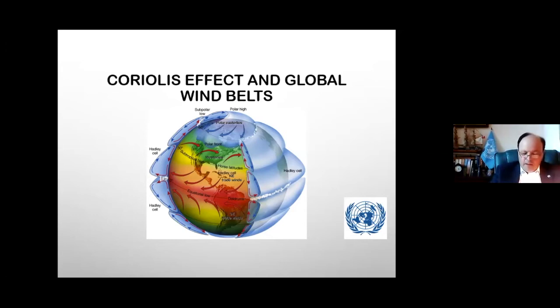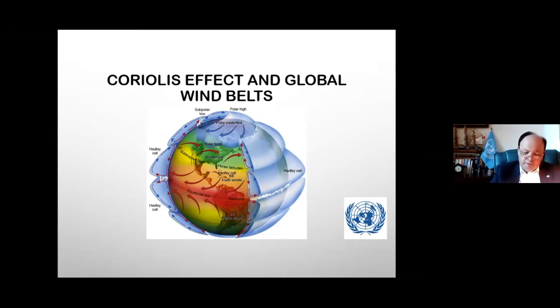Now, these complex surface winds then generate the surface ocean currents. In other words, kinetic energy from the atmosphere is transferred as kinetic energy to the oceans. Again, it's a transfer of energy from the atmosphere to the oceans in the form of the winds, and the winds are going to generate the surface currents. And the ocean currents will redistribute heat around the planet as well. And so again, the atmosphere and the oceans work together.